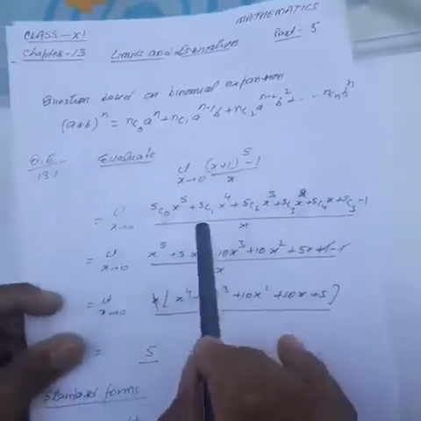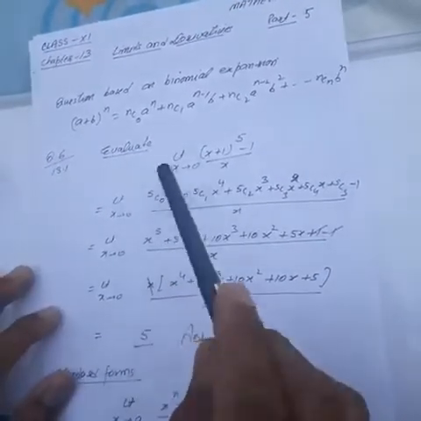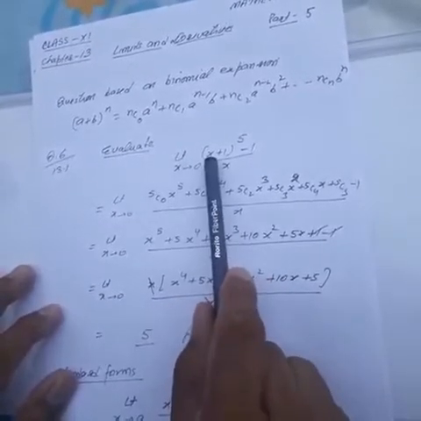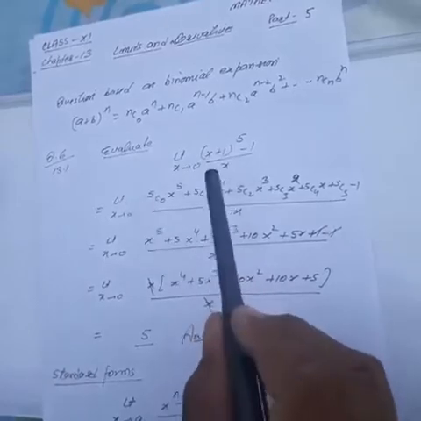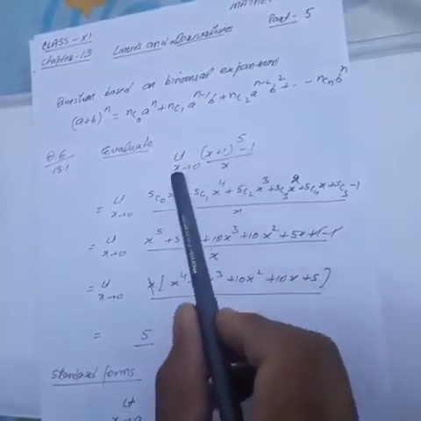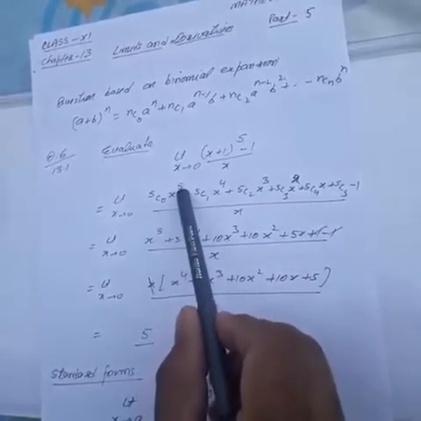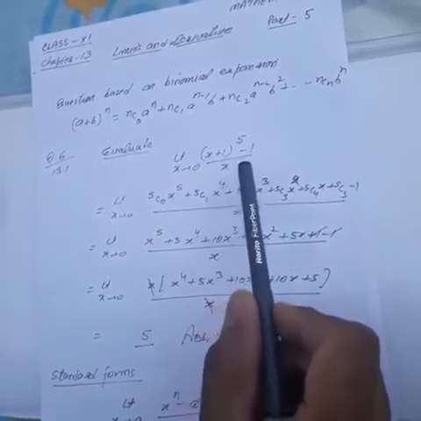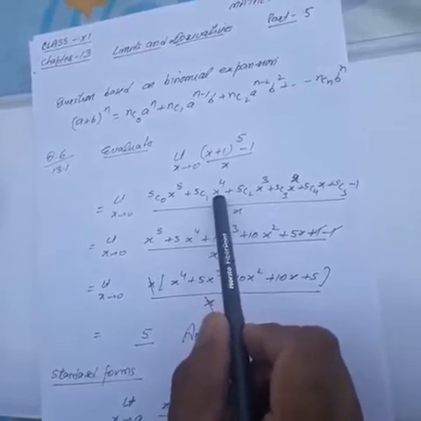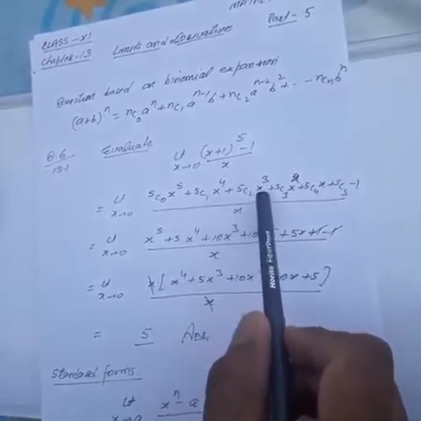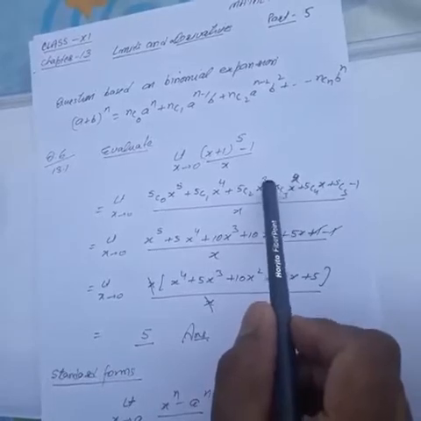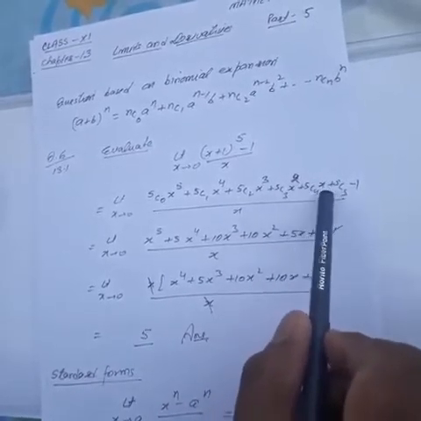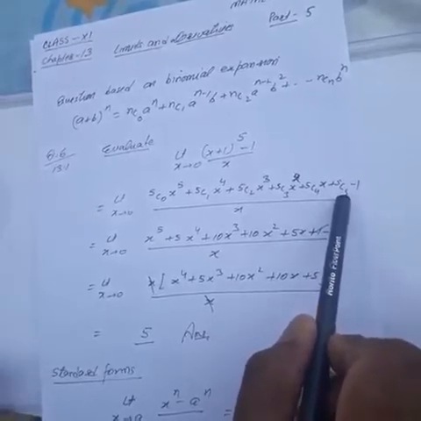So expand this using the binomial theorem. The first term is x, so a is x. You can compare the formula with this. b is 1, and n is 5. 5C0 x raised to the power 5, plus 5C1 x raised to the power 4 into 1. That's why I have not written 1. Plus 5C2 x raised to the power 3 into 1 square, that is also the same. 5C3 x square, 5C4 x, 5C5, minus 1,